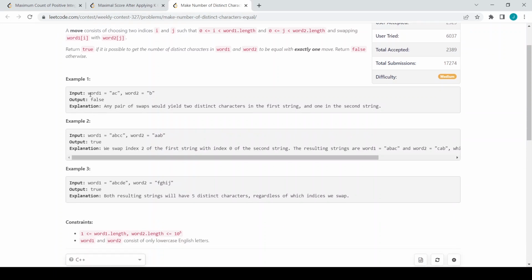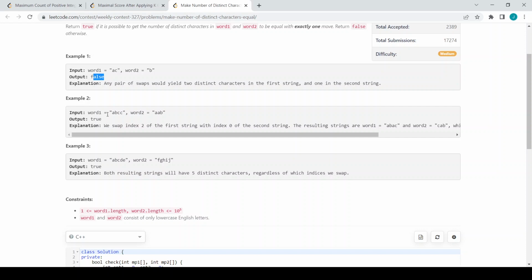In example 1, word 1 is AC and word 2 is B, where word 1 has two distinct characters and word 2 has one distinct character. If we swap A with B, we still cannot make the distinct characters equal between word 1 and word 2. Even when we swap C with B, we cannot do it. So we return false. In example 2, ABCC and AAB, we can swap this C